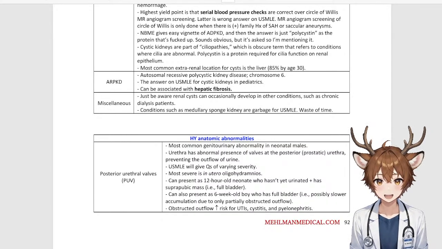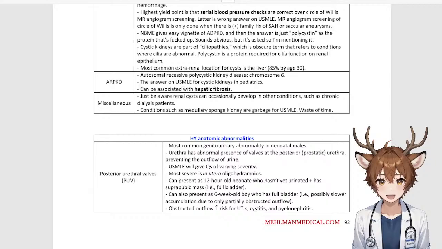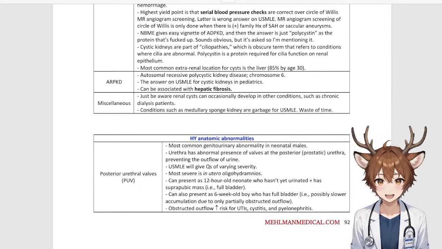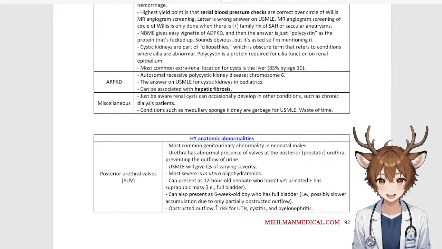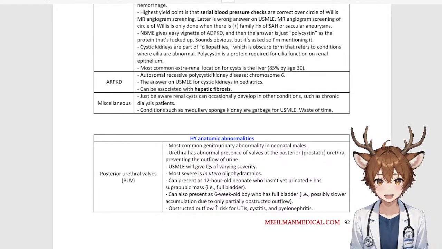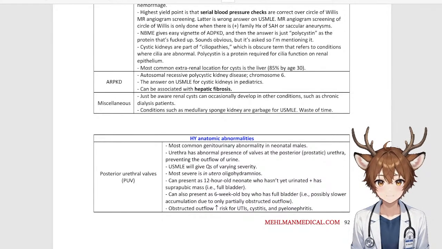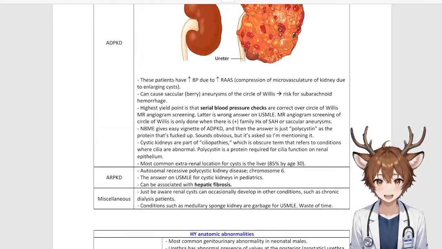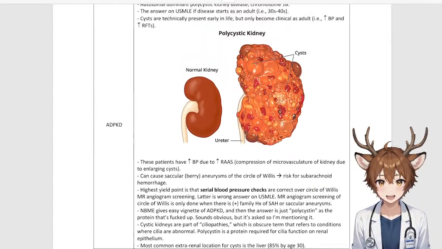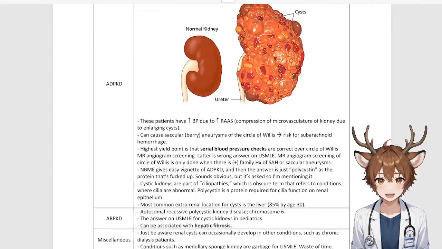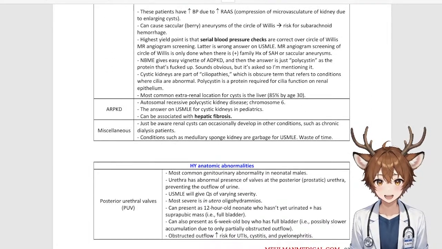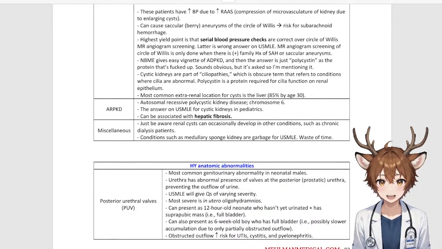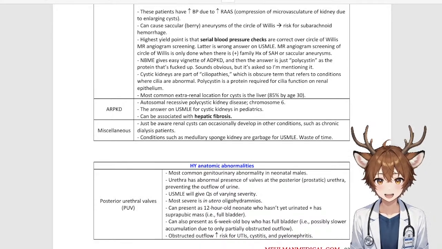So that's another thing to be aware of, is that in the case of the recessive type of polycystic kidney disease, you're going to see it with child onset, pediatric onset, when the dominant form is going to have an adult 30s, 40s onset. Again, you might associate the dominant form with serial blood pressure. Well, you might associate it with berry aneurysms, but the recessive type, which is again in kids, might be associated with hepatic fibrosis. So there are these associated issues that are different.